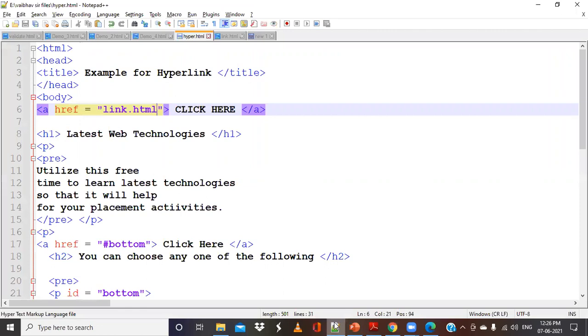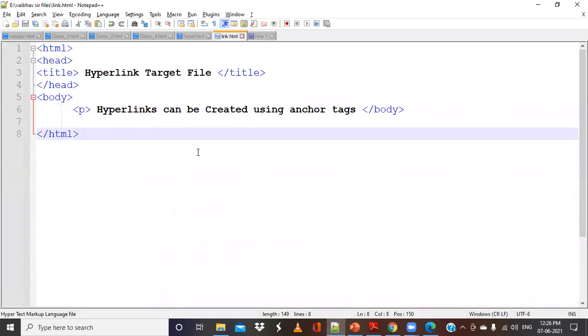It is going to link.html. Hyperlinks can be created using anchor tags. Whatever contents I have in this link.html will appear in my browser, and you can observe the changes in the URL. So we navigated from hyper.html to link.html. If I want to go back, I will click on this back button.